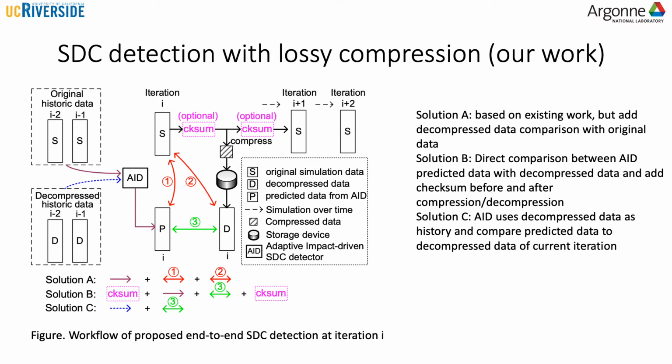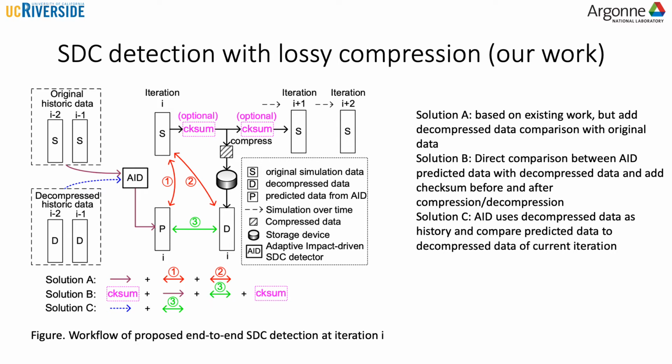Then it adds the SDC detection for lossy compression data writing by reading the compressed file and then getting decompressed data to compare with the original data to see whether the difference is within the error bound or not. If the difference is not within the error bound, then that means the SDC happened during the compression or data